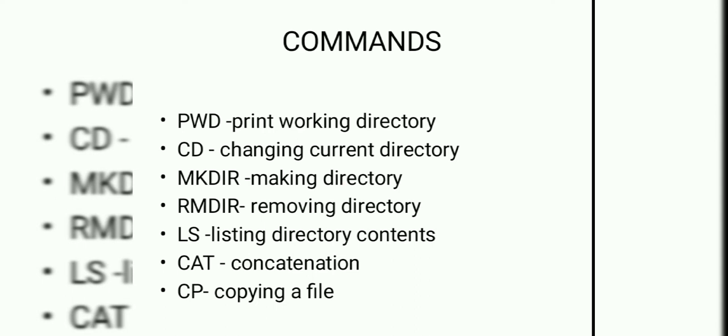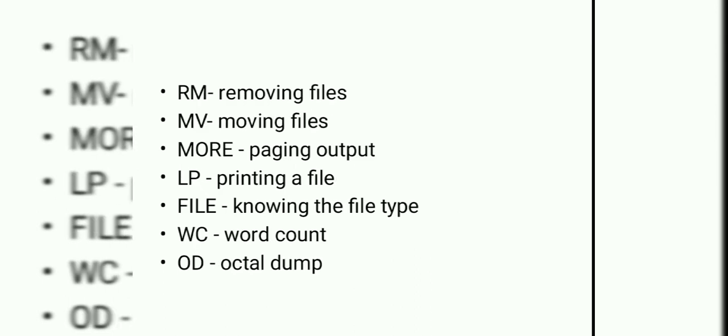The cp command is for copying files and directories. rm stands for remove, and it removes files. The mv command moves and renames files and directories. The more command allows the user to scroll up and down through the page and to view text files, displaying one screen at a time in case the file is large.